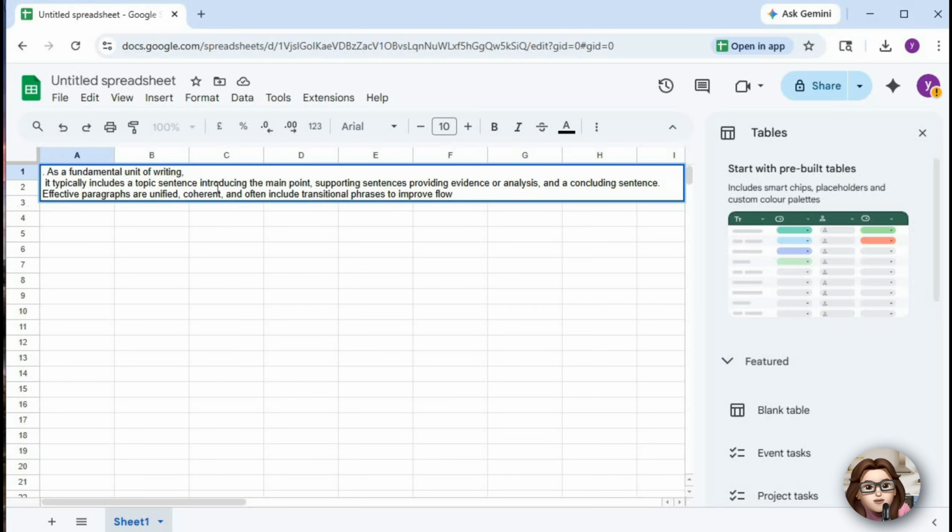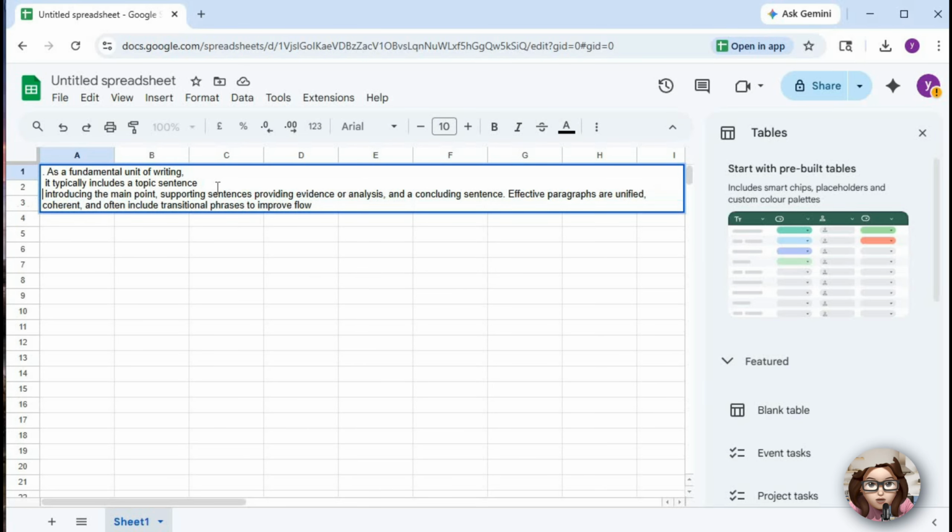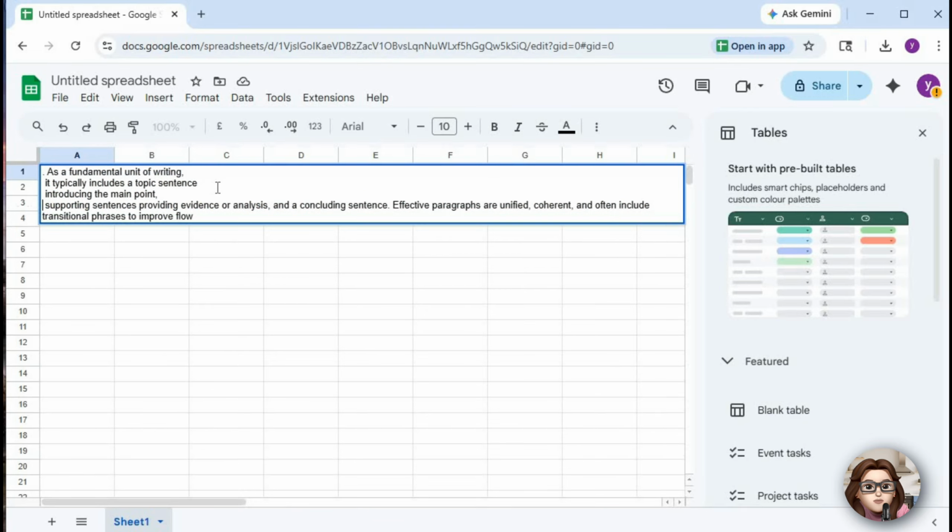If you want more line breaks, just repeat the same action. Move your cursor to another position and press Ctrl plus Enter again. This is especially useful for things like addresses, lists, or long descriptions where readability matters. And that's it. With a simple shortcut, you can organize text inside a single cell and make your spreadsheet much